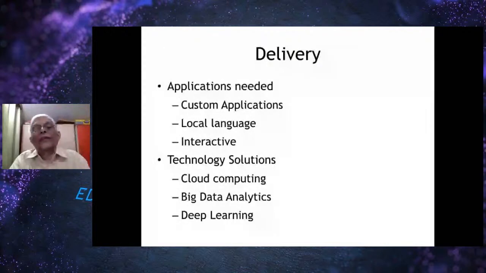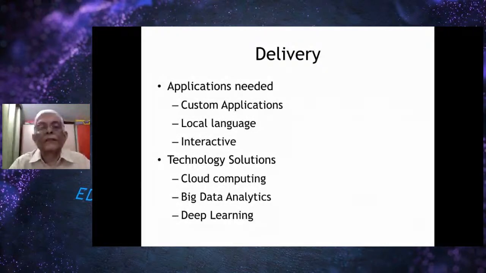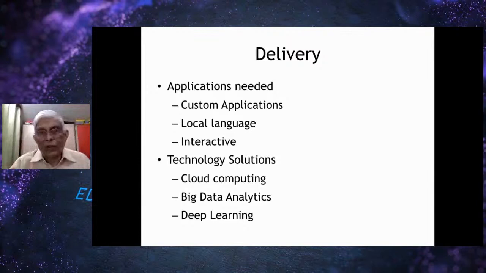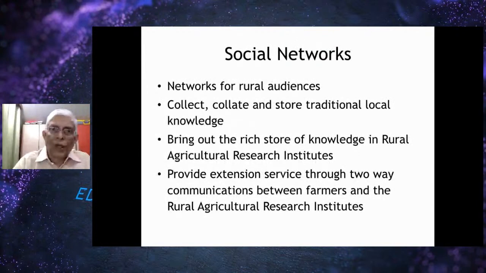And in terms of delivery, for example, I said custom applications, local languages, it should be interactive. And there are a lot of technology solutions which are there: cloud computing, big data analytics, deep learning. So all these are methods and technologies which are available to you. One important thing we need to look at is social networks which are organized for the people, right? For rural audiences,